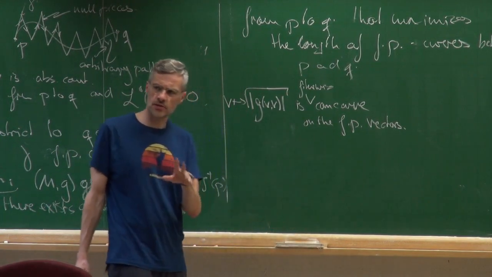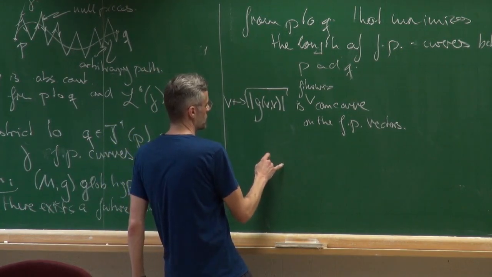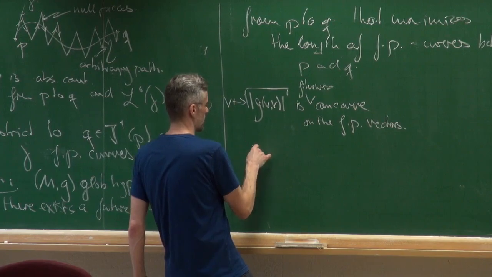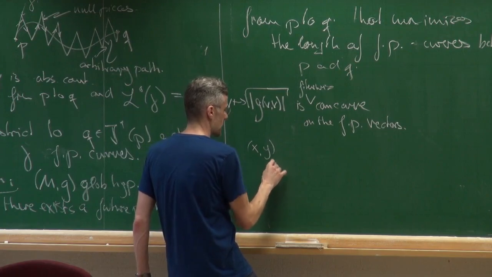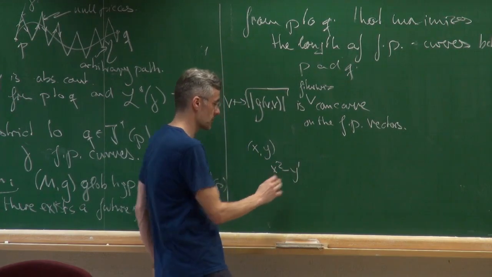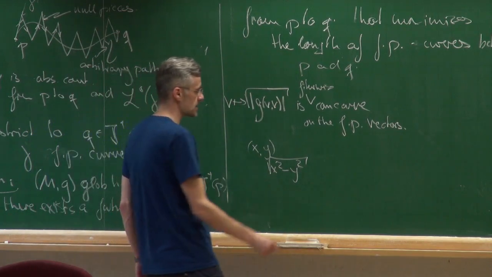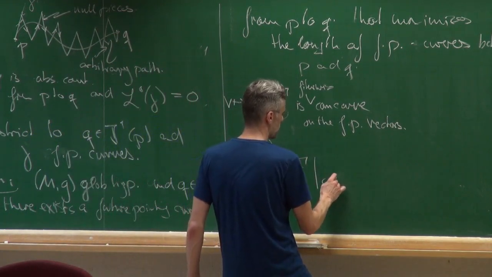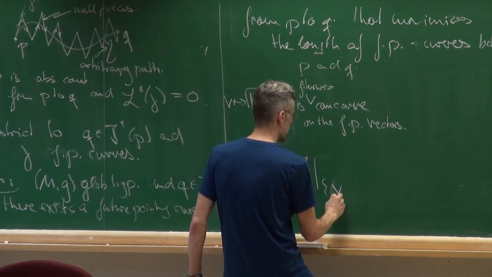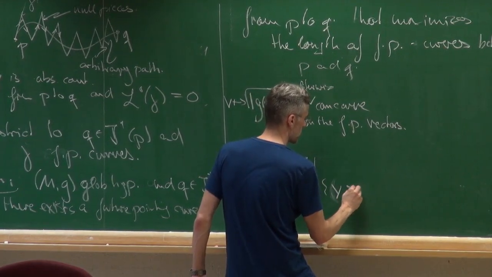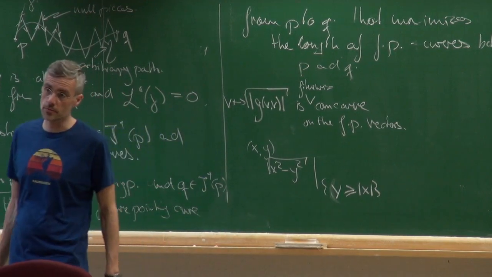If you look at it in 2 dimensions already, then you have the function. Let's say you have 2 coordinates, x and y. The inner product in 2 dimensions is, let's say, x squared minus y squared. Take the square root of that. Look at it restricted to the set of points such that y is bigger or equal than the absolute value of x,